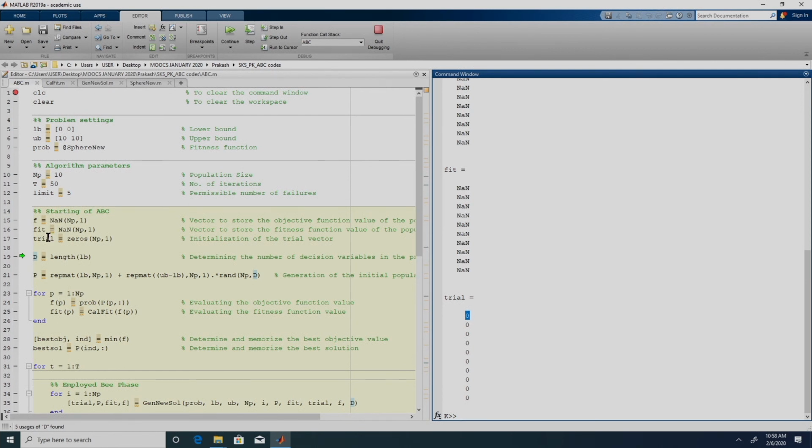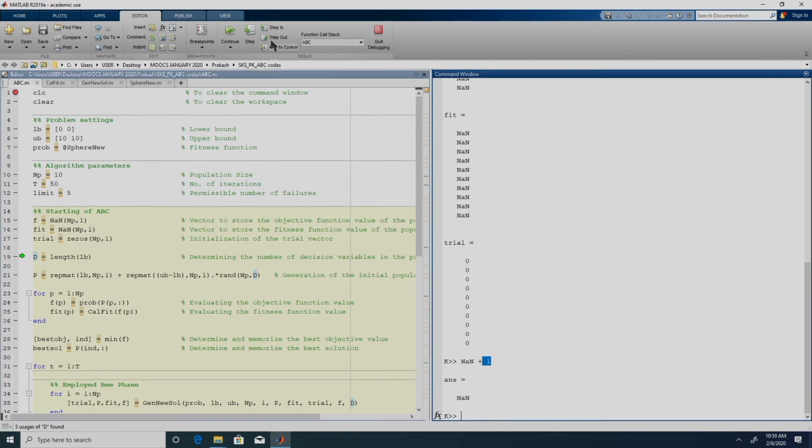That is why we are defining it as zeros, because we want to keep track of all the failures.